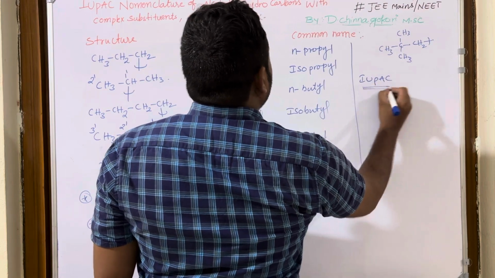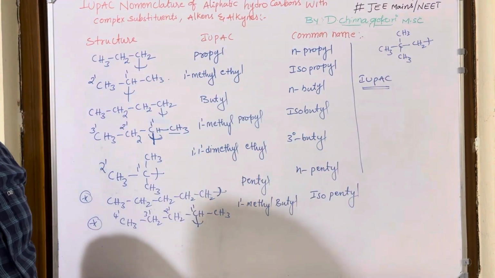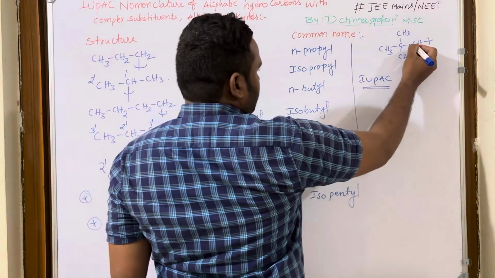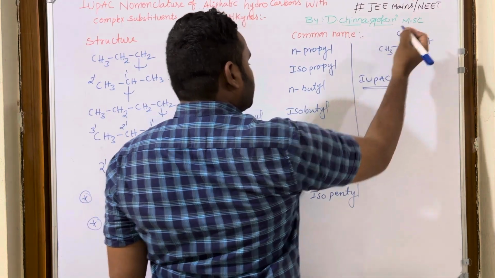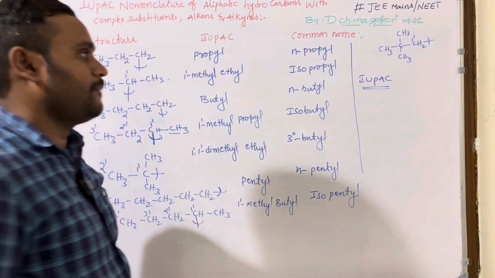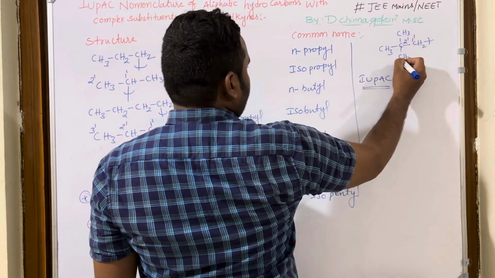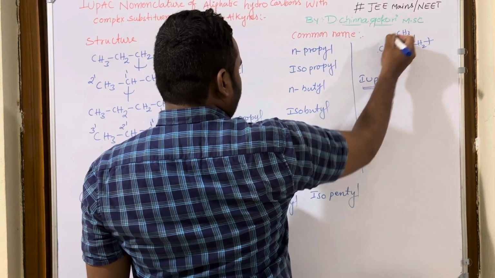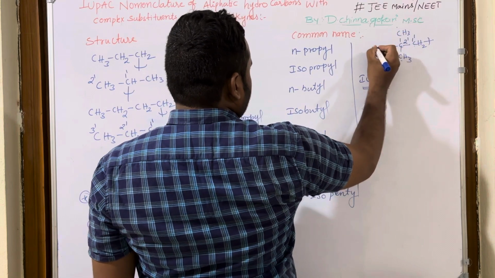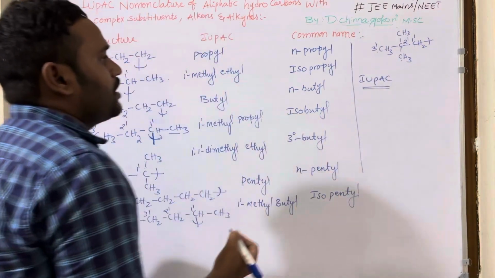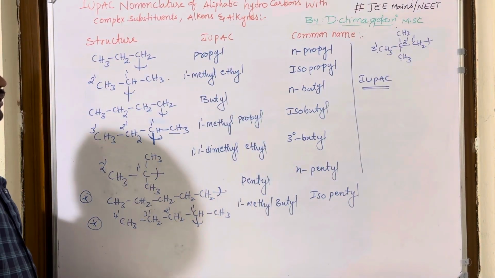What is the IUPAC name of this compound? Generally, this carbon is connected to the longest carbon chain, so we write 1 prime here, then 2 prime here. If you come to this side, 3 prime, here also 3 prime, and here also 3 prime. So what is the IUPAC name of the compound? That is